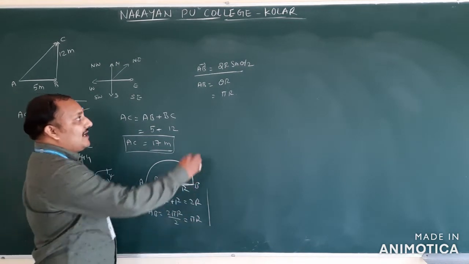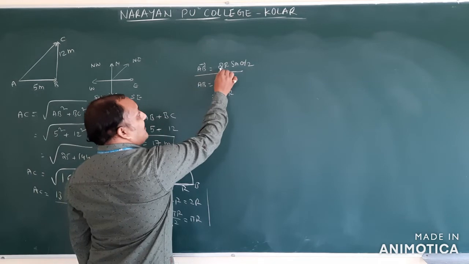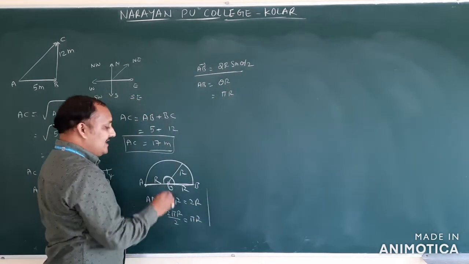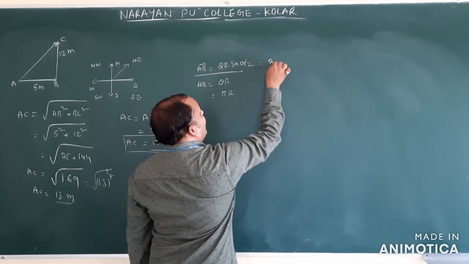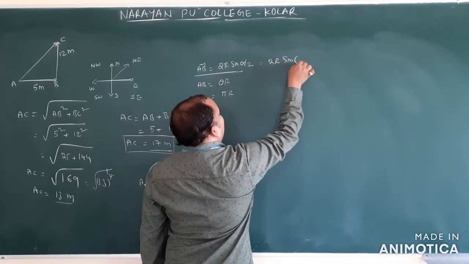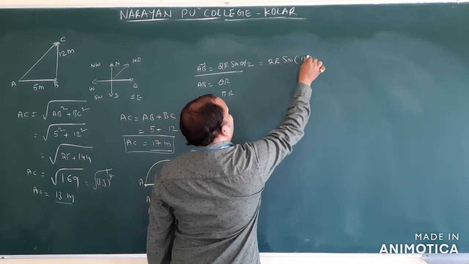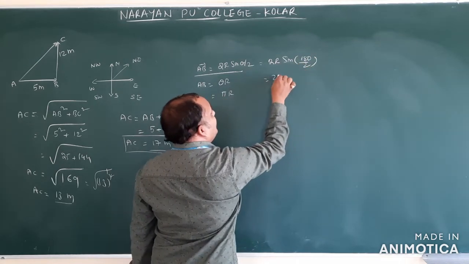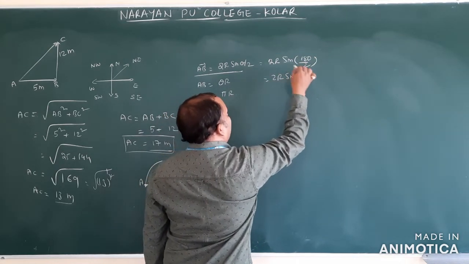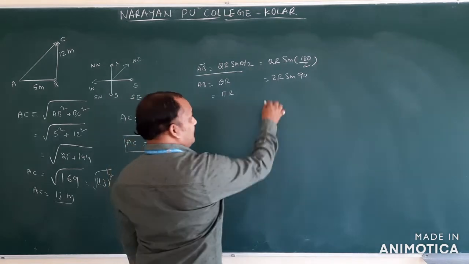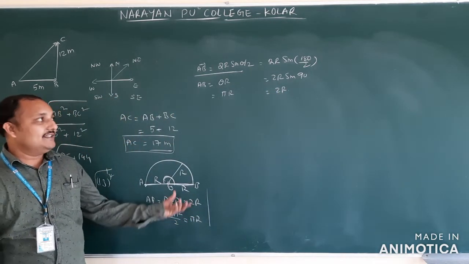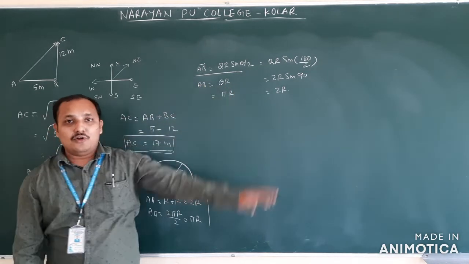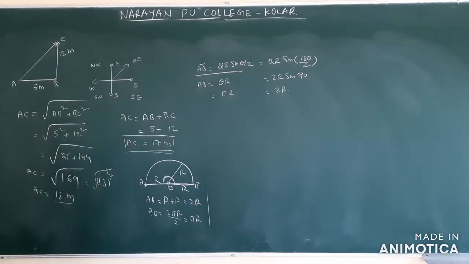This is the distance. Now another one they are asking, displacement. The displacement formula is 2r sin theta by 2. What is theta? 180. Substitute here. In mathematics you came to know what sin 180 by 2 is. 180 by 2 means 2r sin 90. What is the sin 90 value? 1. Therefore you got 2r. So you can do it either like this, or by using this formula also we can do. That is example 2.